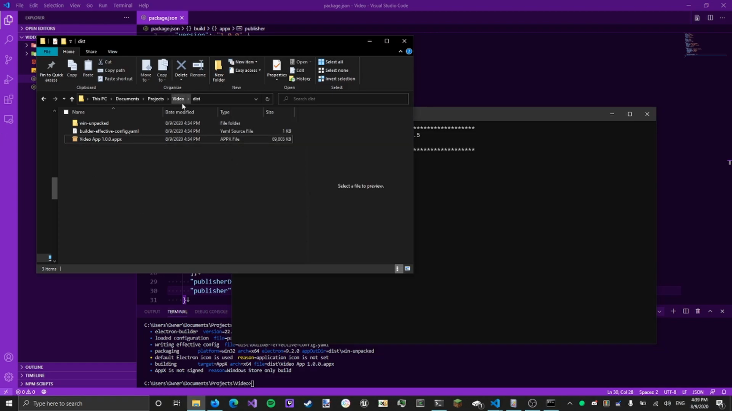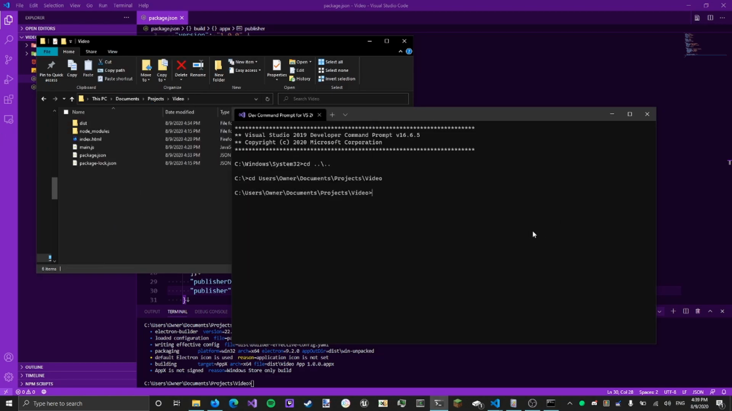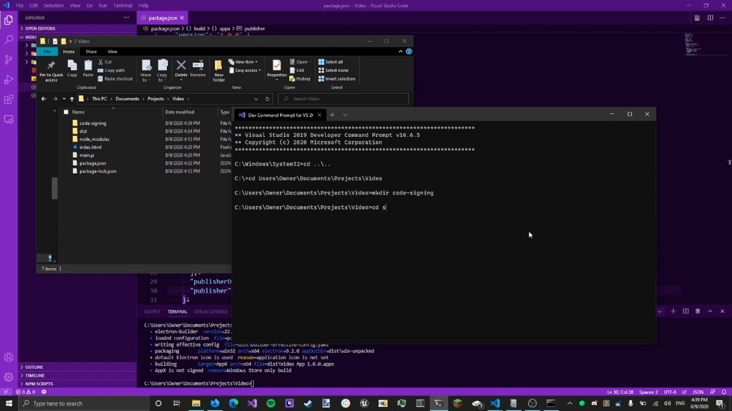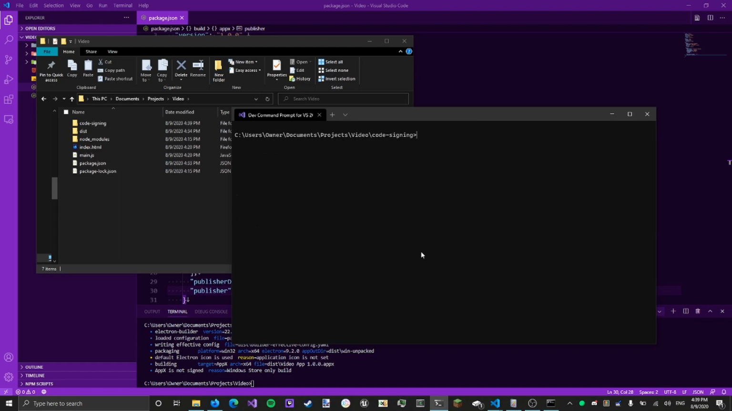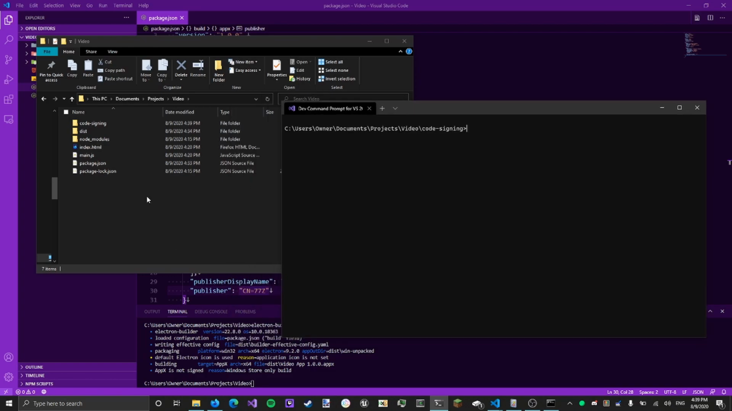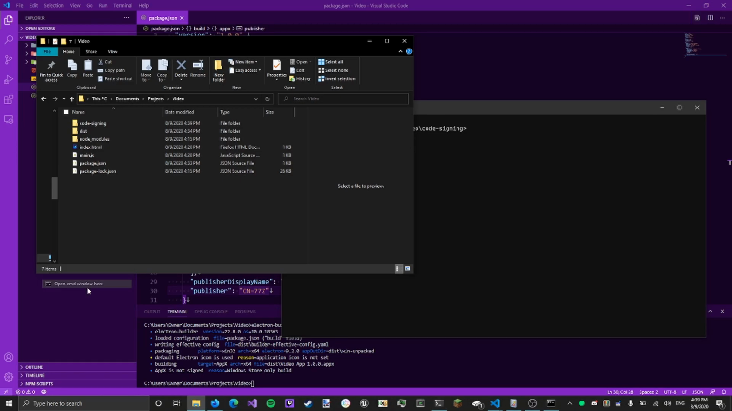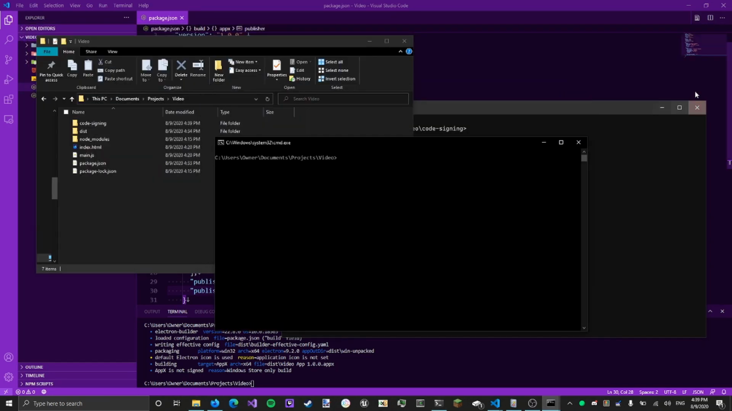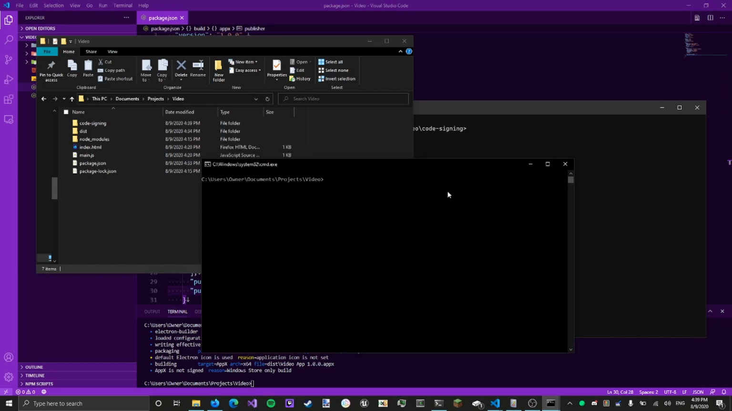So we can make a directory in here. I like to mkdir code signing, and then cd into code signing. We're just going to leave this here for now, and open up a command window in here because we're going to have to do stuff with Electron Builder again. Very simple. You're going to get an error. That's it, but it's still going to work. So we're just going to do electron-builder create-self-signed-cert